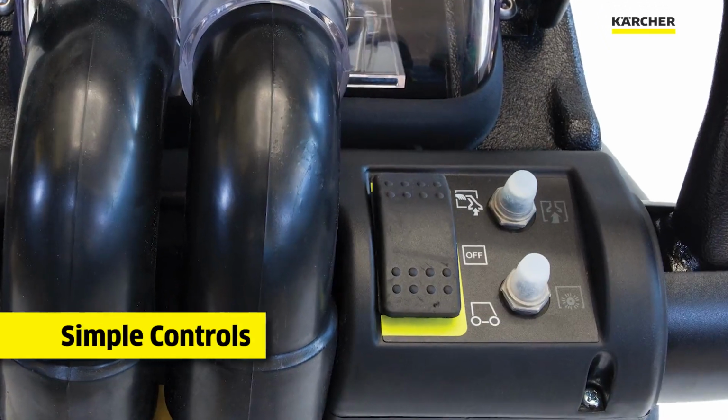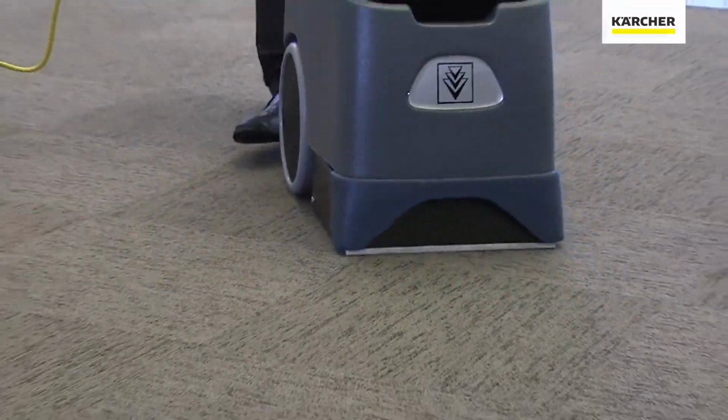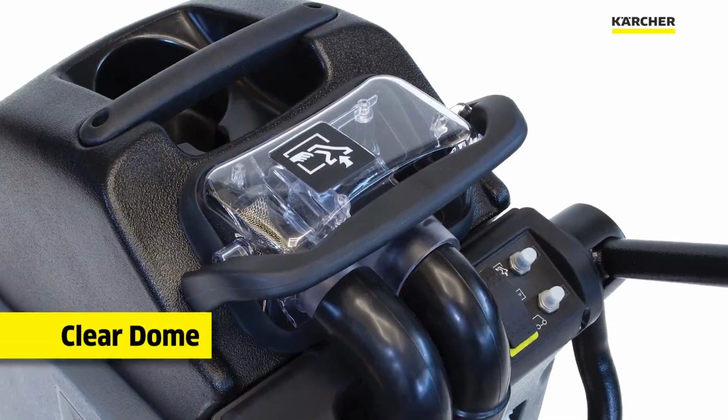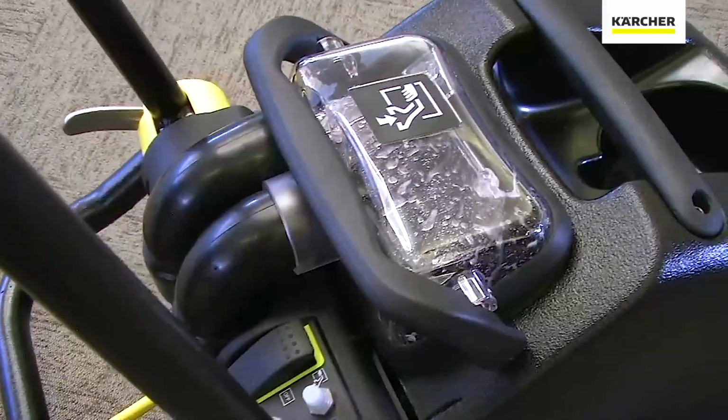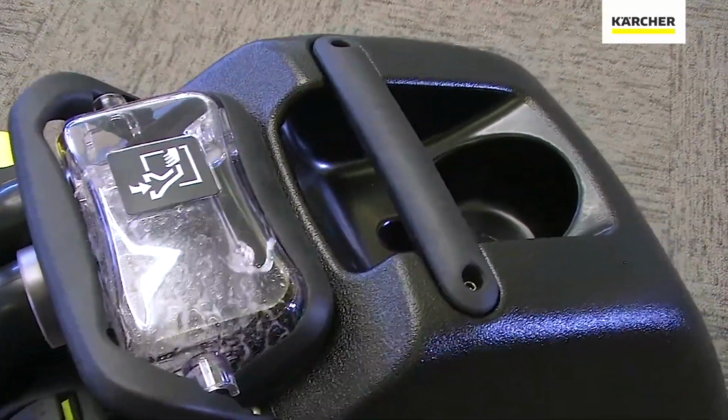A simple to operate rocker switch determines whether we are using extraction mode or the hand tool. The clear recovery dome and back gives us an excellent sight picture to make sure the BRC 3015 is recovering